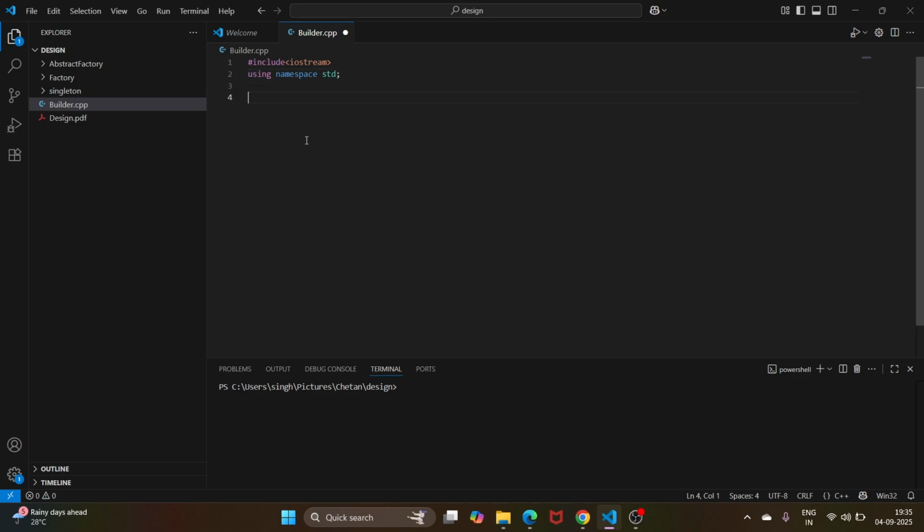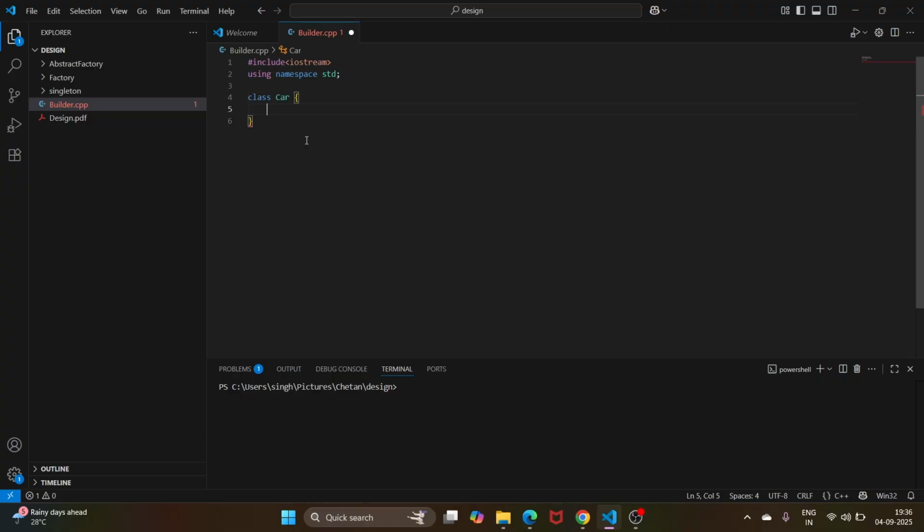Now we are going to take a simple example of a car class and we'll try to have a builder inside it through which we can create the car object step by step, and we will understand how it is useful. So let us say I have a class Car,